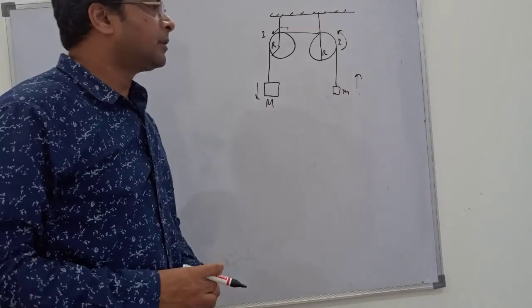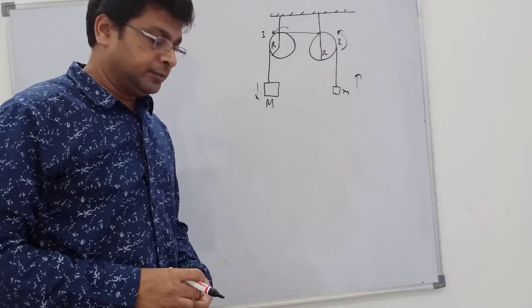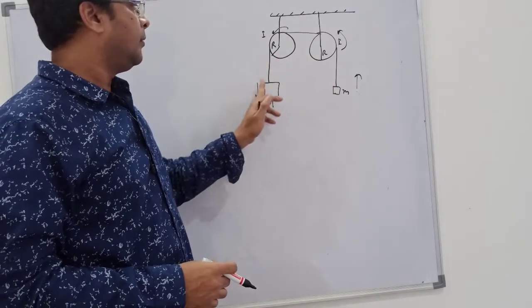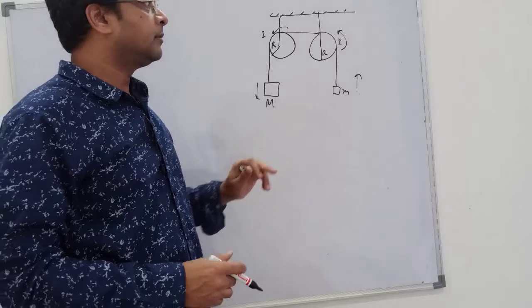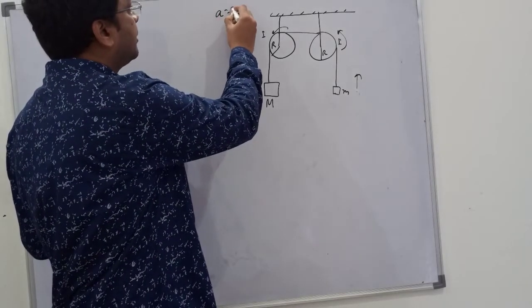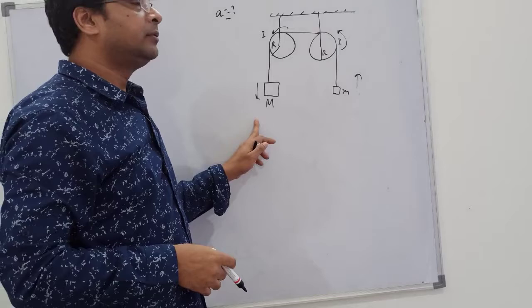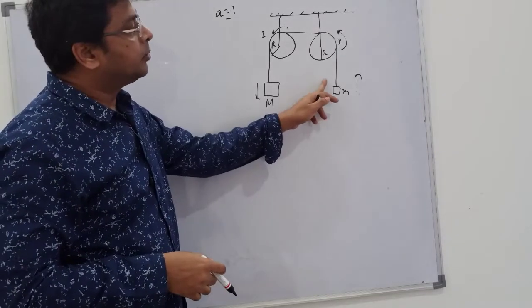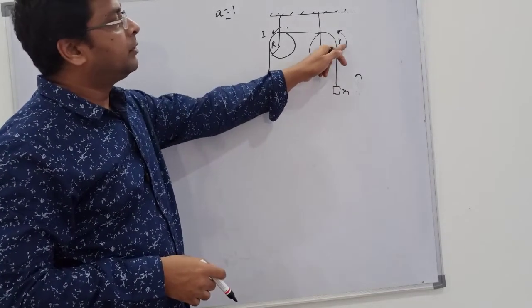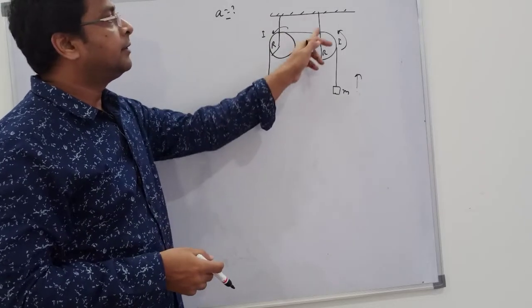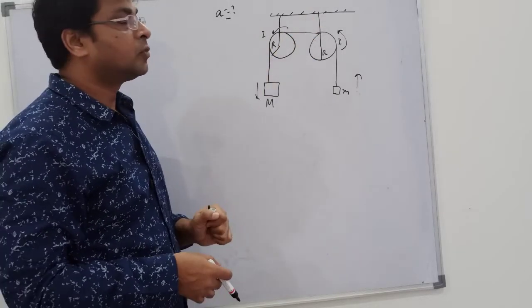Let's do one more example of force and torque in rotational motion. We have two pulleys, identical ones. One is capital mass, one is a small mass. We are asked to find the acceleration of the system, how they accelerate, right? Suppose this is coming down and this is moving up. So this pulley will rotate like this and this will rotate like this. They can't move linearly since these two pulleys are fixed, right?